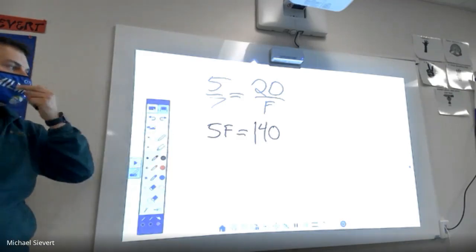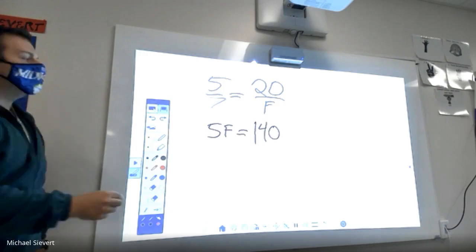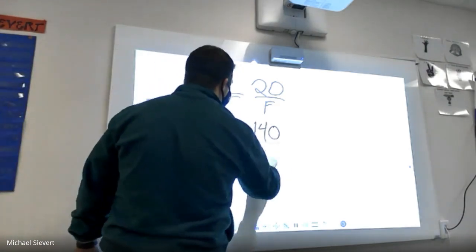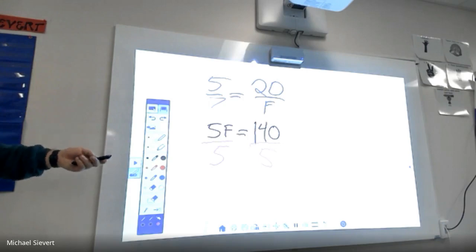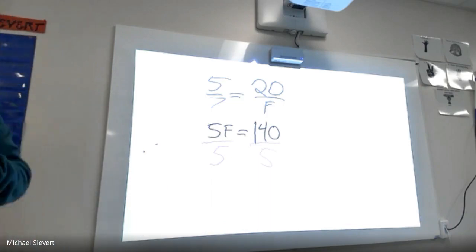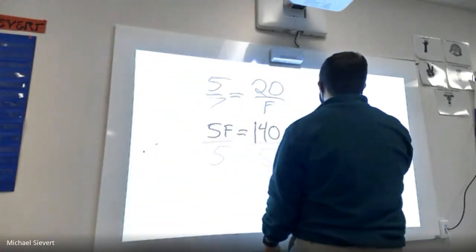Next, I know that I need to get f by itself because I need to find that total number of frogs. I want to divide both sides by 5 because, like we did yesterday, in order to get the letter by itself, you got to do the opposite. So you're going to divide. 140 divided by 5 will be